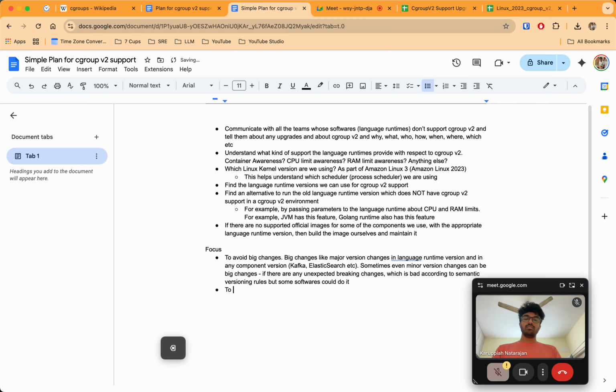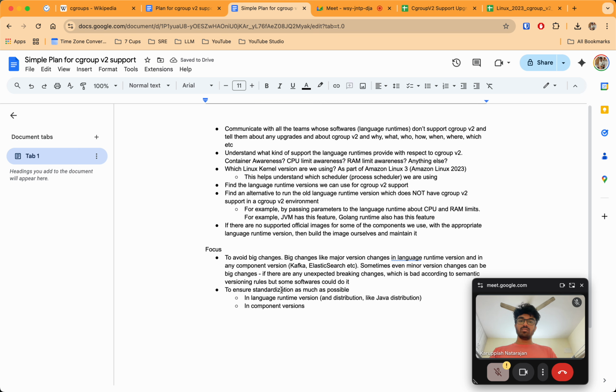And to ensure standardization as much as possible in language runtime version, component versions and distribution, like the Java distribution. Yep, so I think that's it.